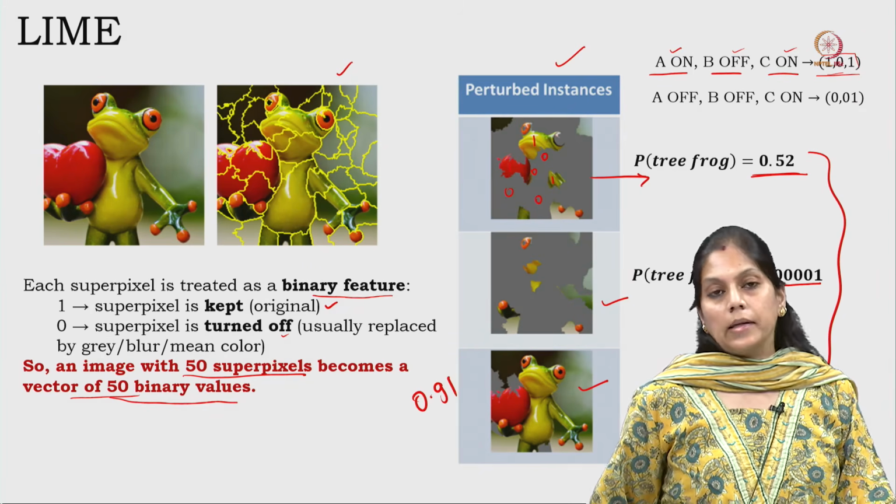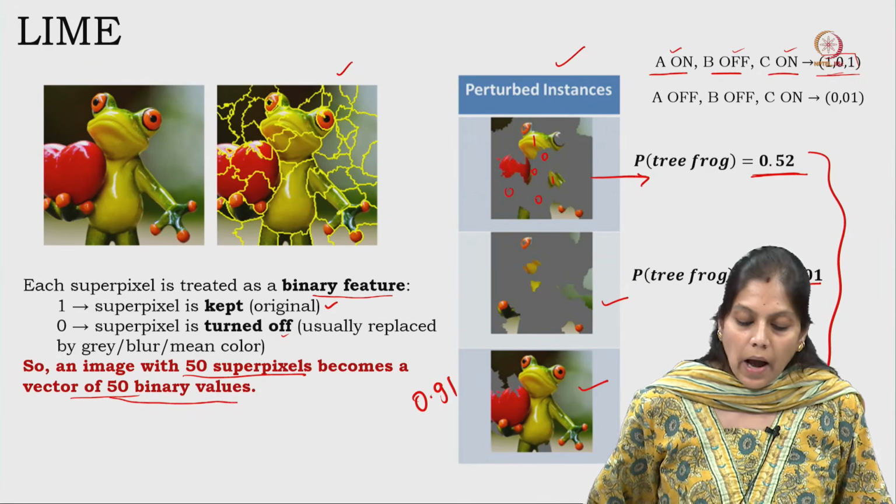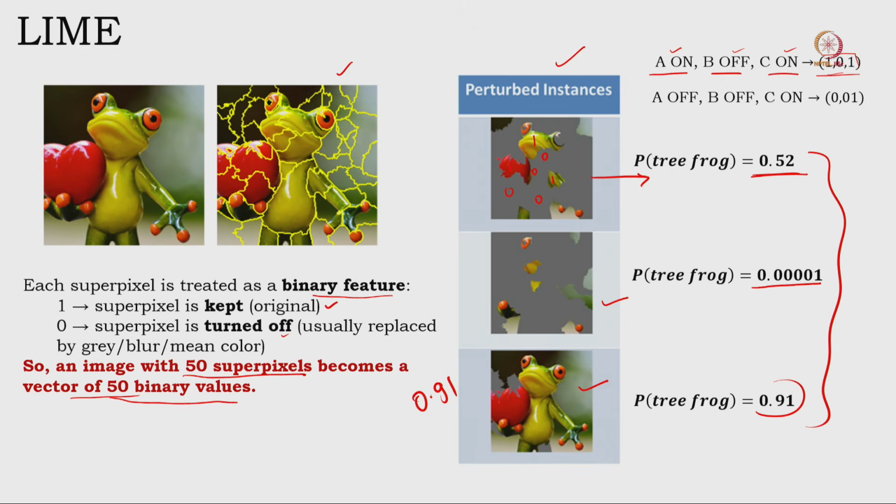So, what is the second method we are discussing here? It is LIME, and in LIME those superpixels which are kept will get the value 1, and those superpixels which are masked will get the value 0. So, here it is 0, 0, 1. So, next,